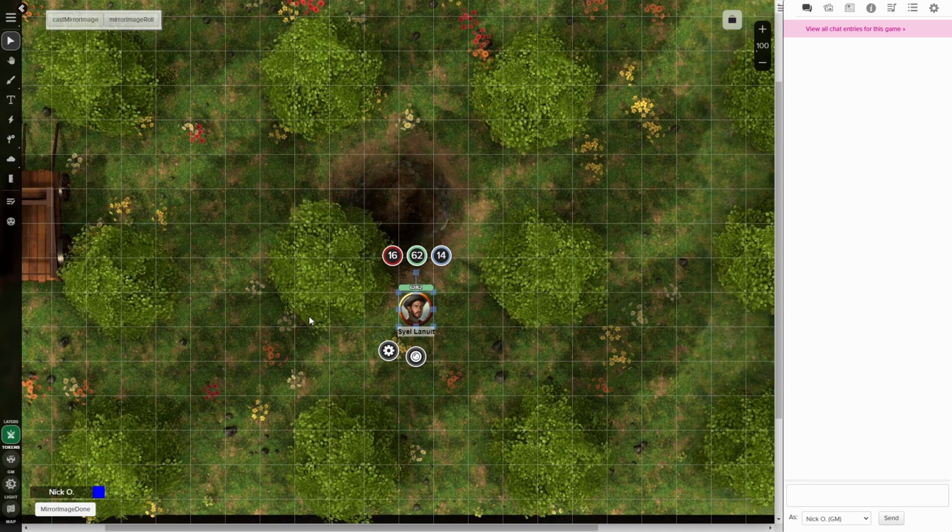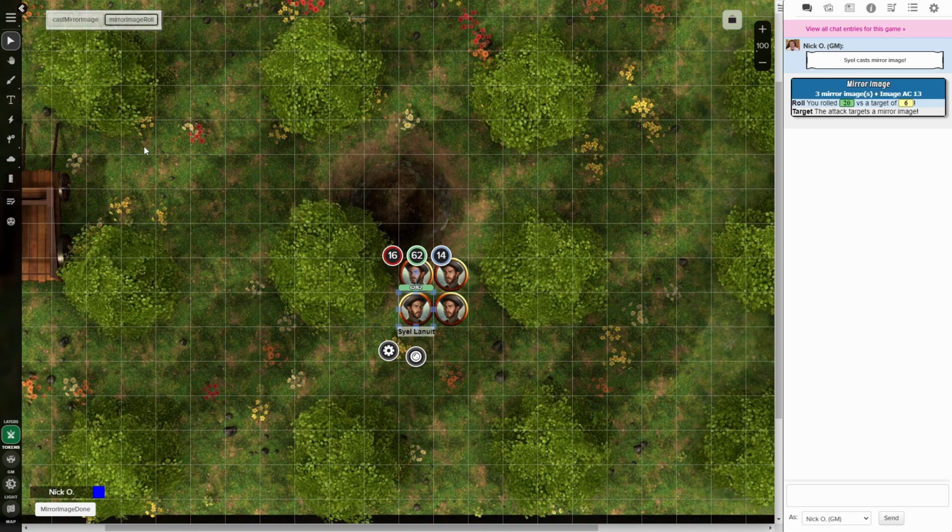Hi everyone, I'm Nick Olivo, and today we're going to see how to automate the 5th edition spell Mirror Image using a whole bunch of mods. When everything is said and done, we'll be able to have our caster automatically pop in 3 mirror images onto the battlefield, complete with special effects, and we'll also automatically determine whether or not an attack hits the mirror image